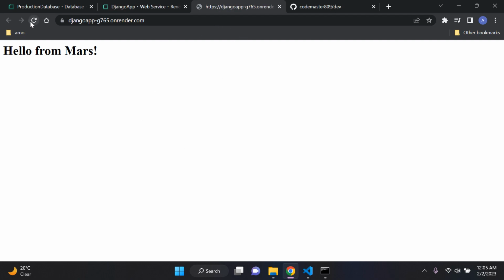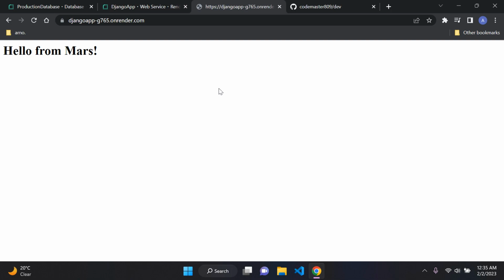All right, so that's pretty much that, guys. So that is how you can go ahead and deploy your application to Render, making use of a Postgres database, and also going ahead and deploying your live server to Render. So that's that, guys. Right, so before we finish up, I just have one more thing I want to mention,